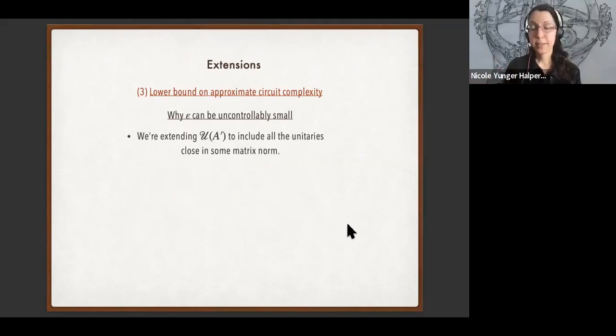Well, we're imagining taking this set of approximation architectures, so we're imagining having this target unitary U, and we want to approximate it with a U prime implemented with some shorter architecture A prime. Now consider the set of unitaries that we can implement with U prime. We're saying, suppose that we implement one of these U primes, then it's as though we were implementing a unitary in a larger set. Because if we implement any of these approximations U prime, then it's as though we were implementing any target unitary that's epsilon close.